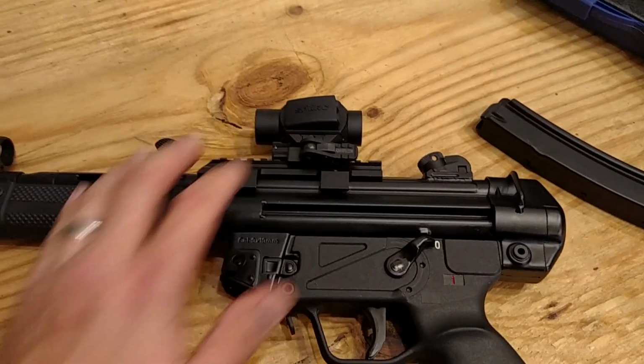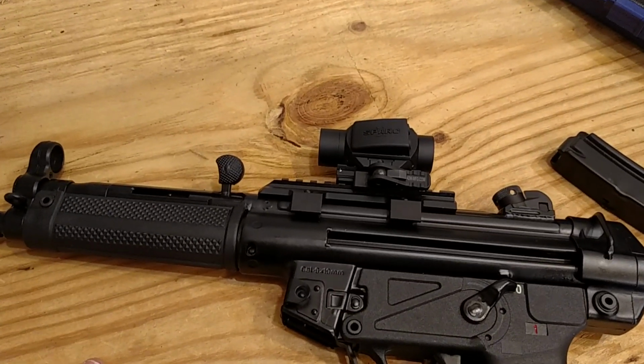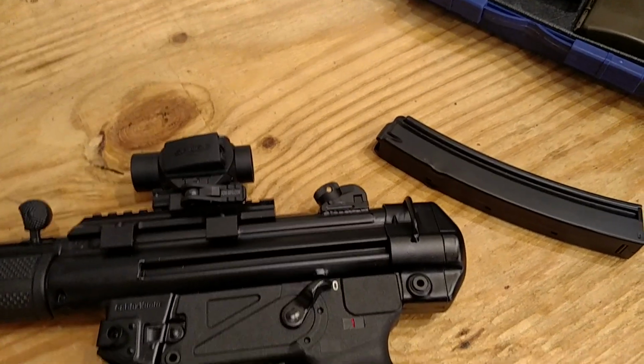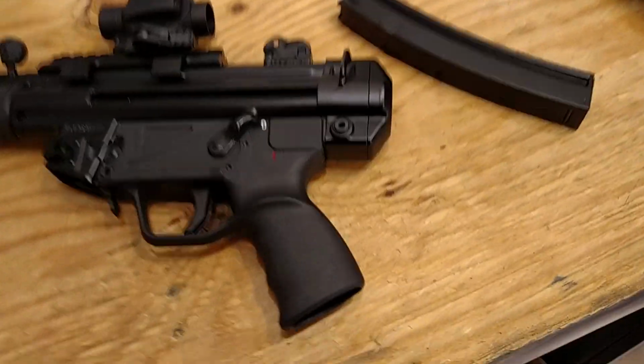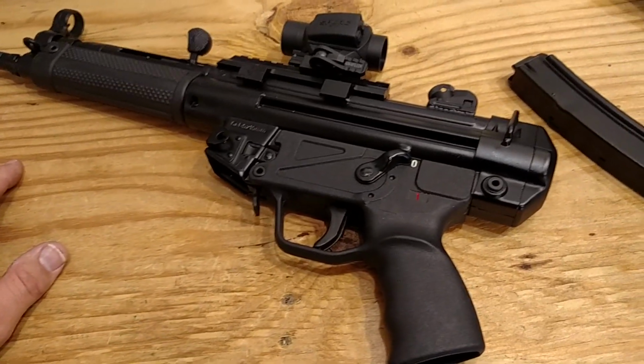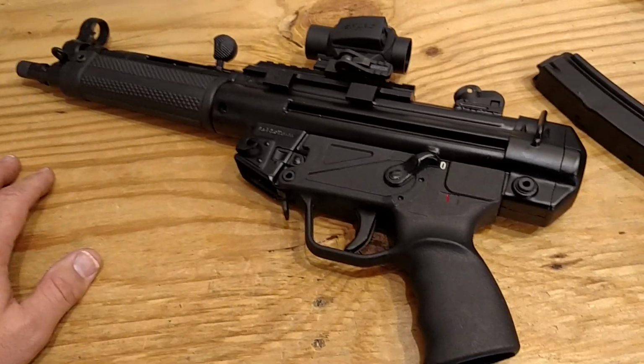We put the Spark 2 on it, zeroed it. Haven't had any problems with that. I'm pleased with the weapon. The delayed blowback action is pretty nice. I've shot them before. Really hadn't inspected them and looked at them that much until I had this one in